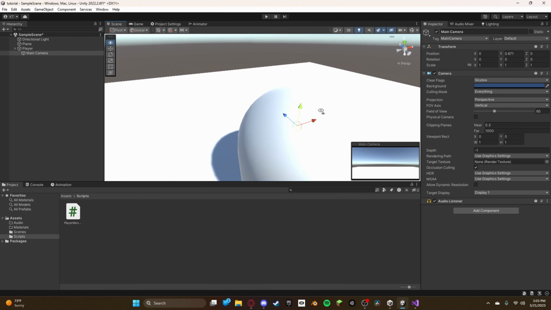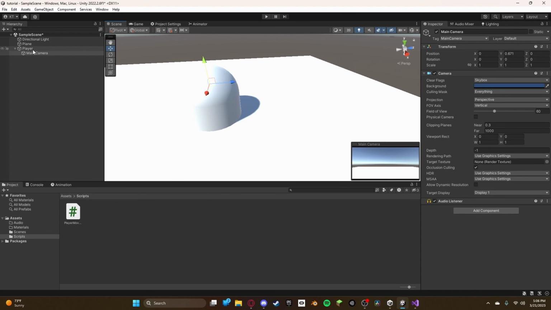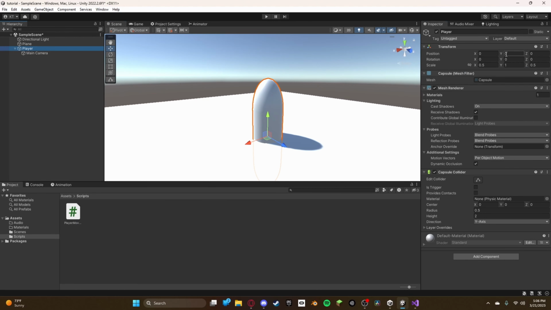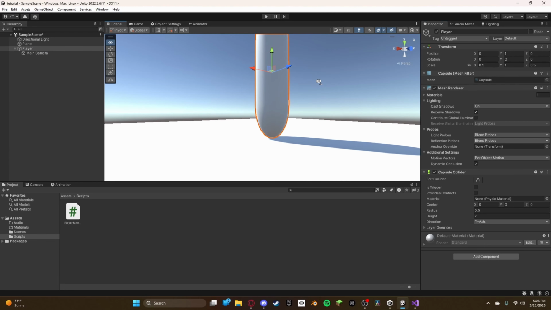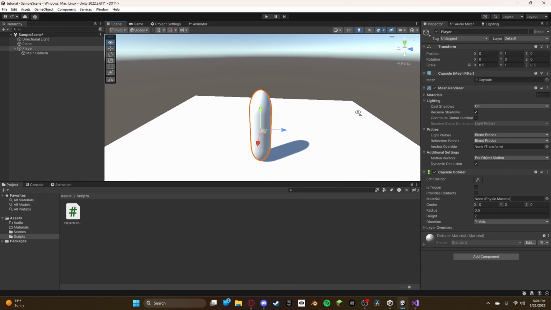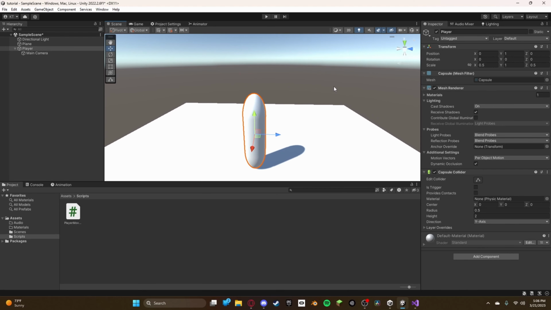If we were to rotate it, it looks up and down, left, right, all that. Also, if you want, just to make it look nicer, you can scale the X and the Z to 0.5. You can also type 1 into the Y, and it will make it above the ground so you can get more of a reference for things, like if you want to add a door. Now, add a rigidbody,